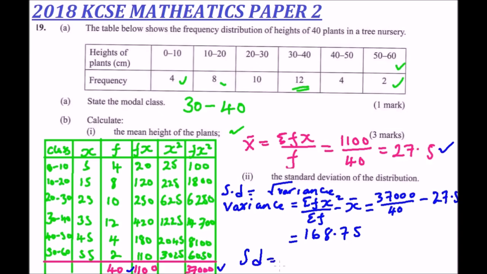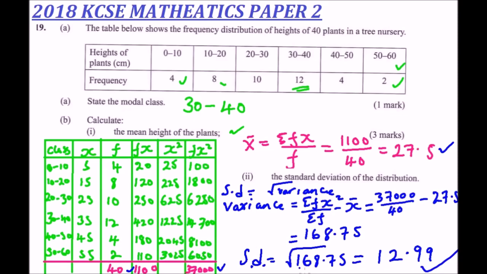So that is the variance, and therefore standard deviation SD is equals to the square root of 168.75, and using your calculator you will be able to get that the standard deviation is 12.99. So that is how we work out to get the variance. We now go to